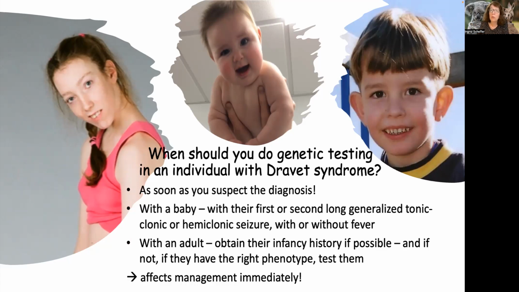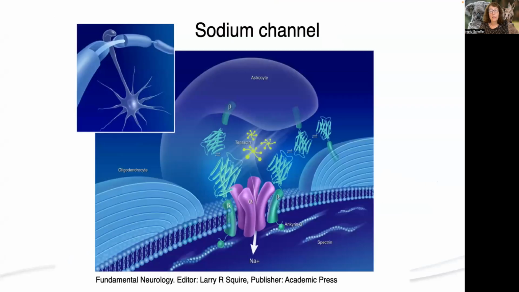Why? Because it will change your management today. And there's a beautiful example in the Caterino et al. paper in 2011 where they tested 60-year-olds, and by stopping carbamazepine, they found that they improved cognitively and they could improve their incontinence. So most of the action in Dravet syndrome, more than 90% of patients have a pathogenic variant